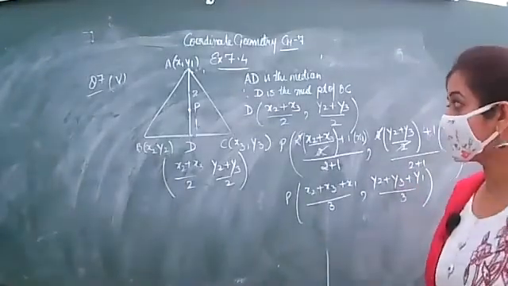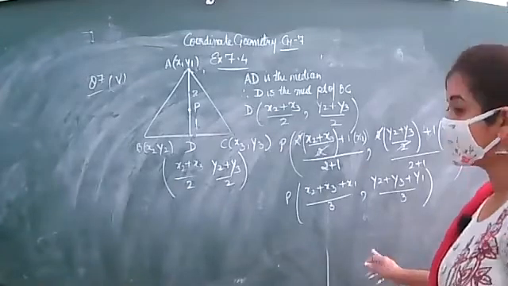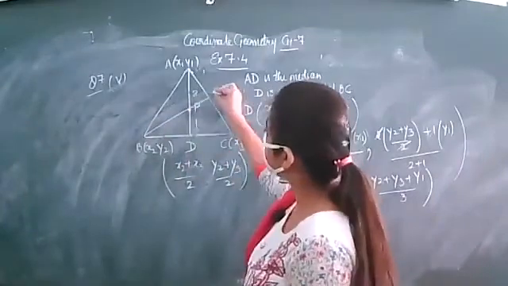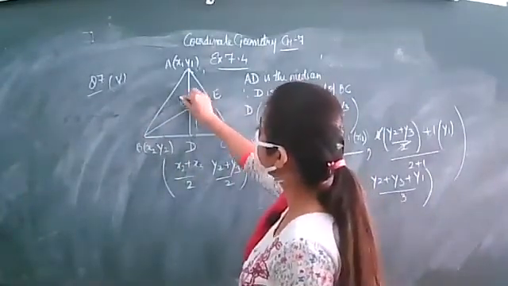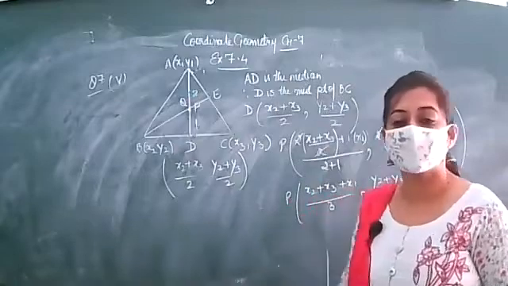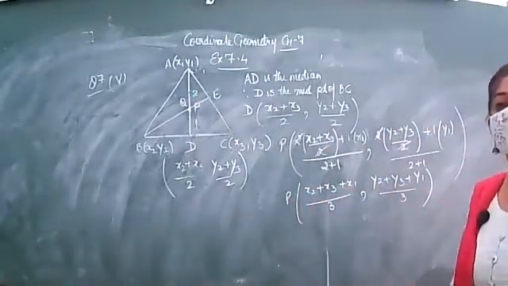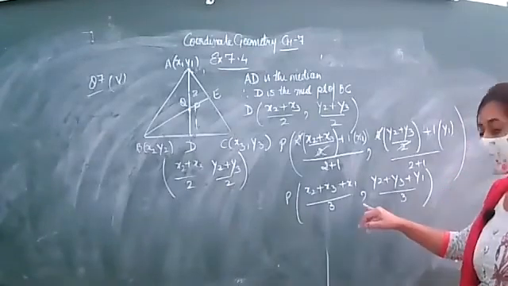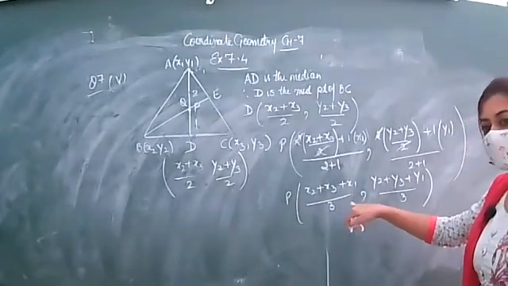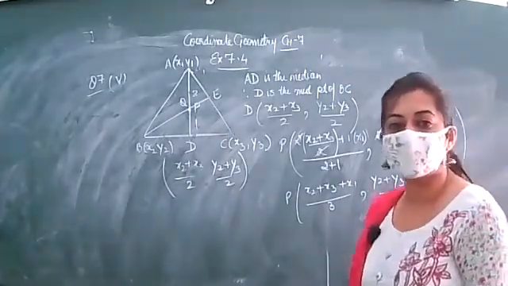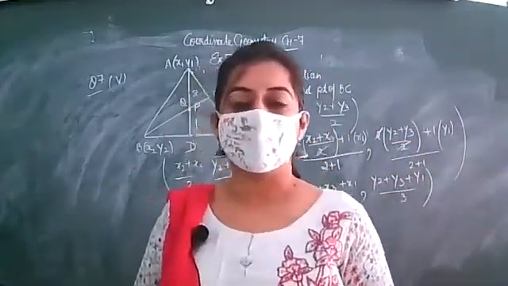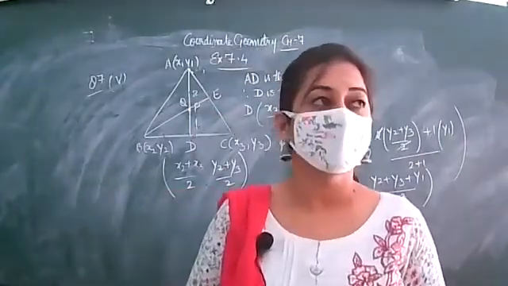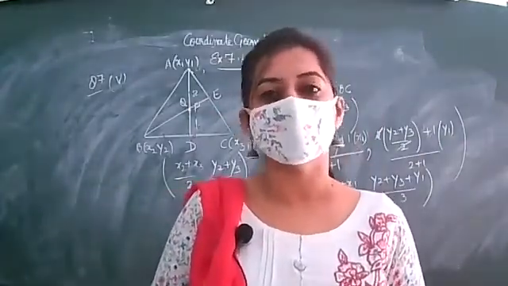So, bache, we have got the coordinate of P by applying the formula. If you draw another median BE and give it the name Q, then surely you will get the same coordinate for Q also. So in this manner, we will write at the end that the centroid is given by this formula. This is your standard formula that you can use in any of the questions where you have to find the centroid, or where any of the coordinates is missing and the centroid is given.